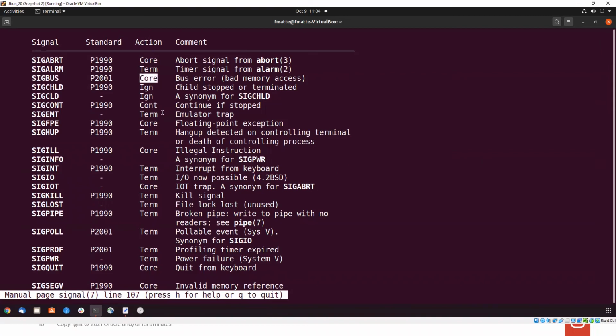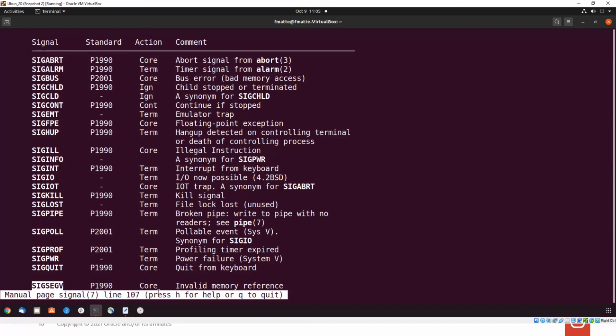And certain signals will be ignored, for example SIGCHLD, which is child stopped or terminated, when the process launched a child and the child got terminated for some reason, which the parent doesn't have any idea about. So that is just an ignore. This is the default action. So when you see a core, only then will the core file be generated, not for all signals. And today I will be talking about this segmentation fault, what happens when from user space we try to modify something in the kernel space.